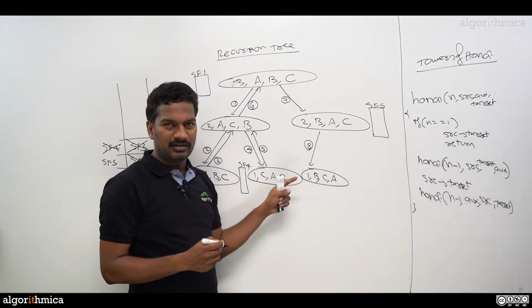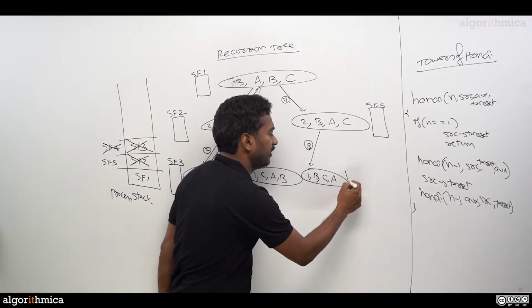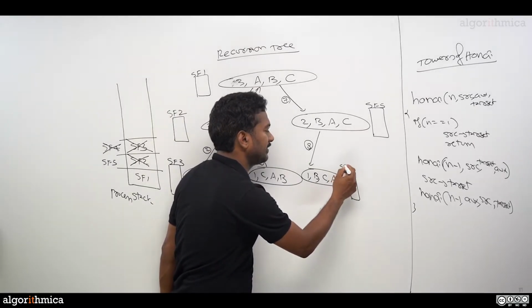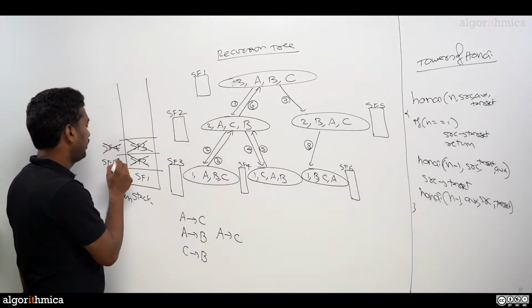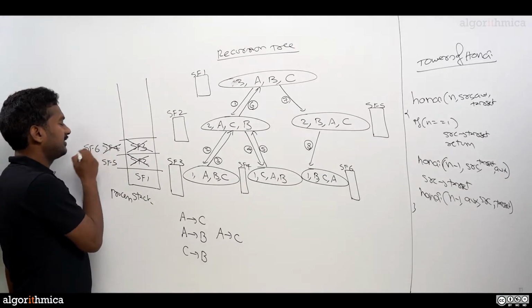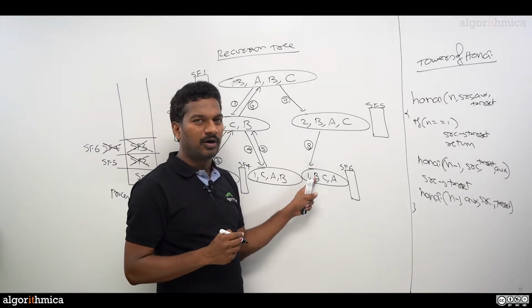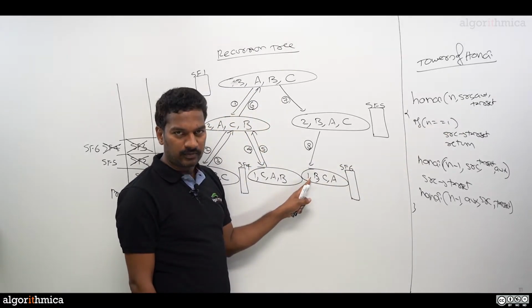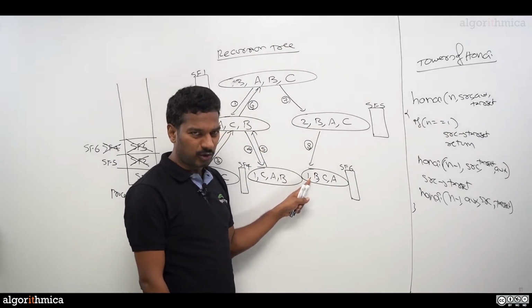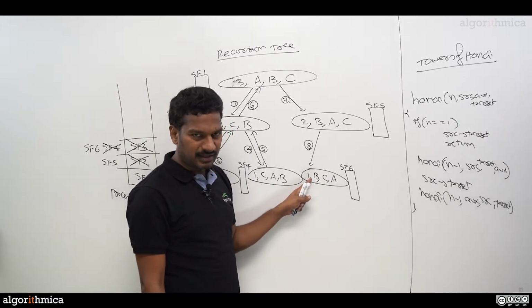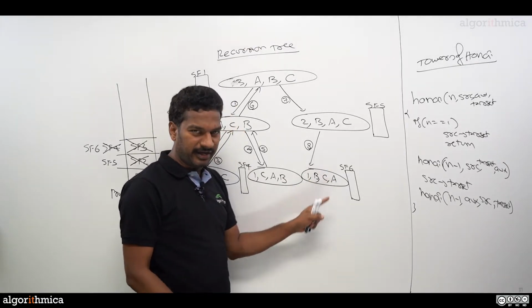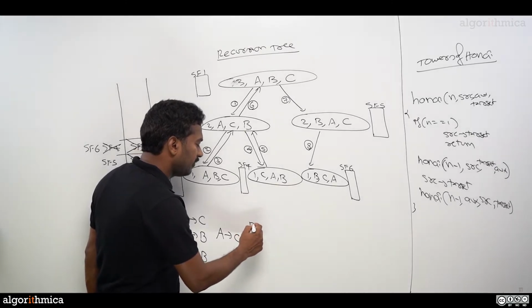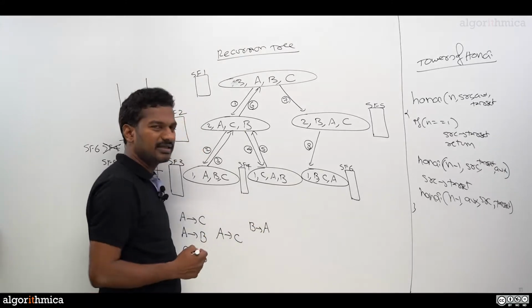So once we got this, again to execute this, we need a stack frame. We call it SF6. I'm going to push it up here, SF6 now. Now execute this body. What is the body here? N equal to 1. So n equal to 1, true. When n equal to 1 is true here, then base case SRC to target, B to A. That's where the next one we are getting here is B to A. That's the next move.